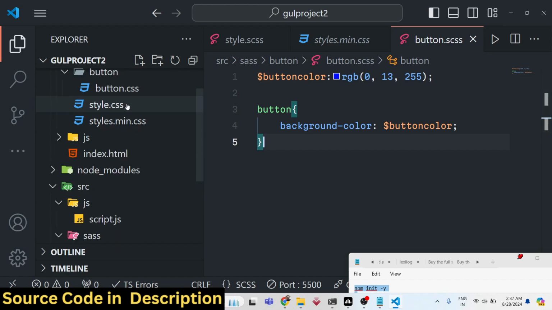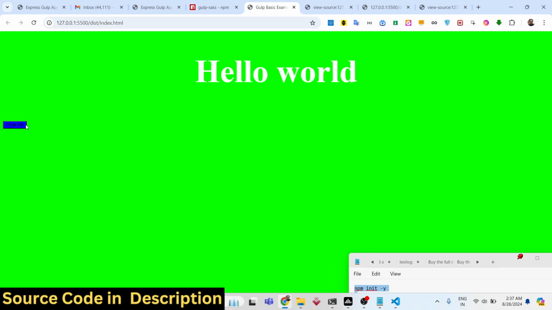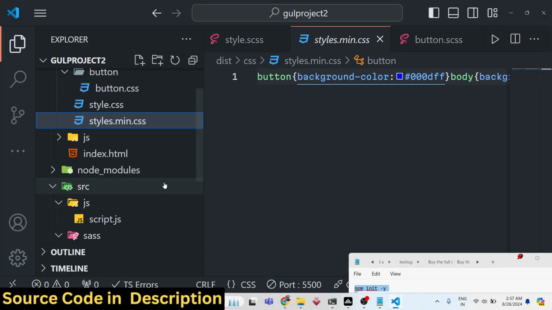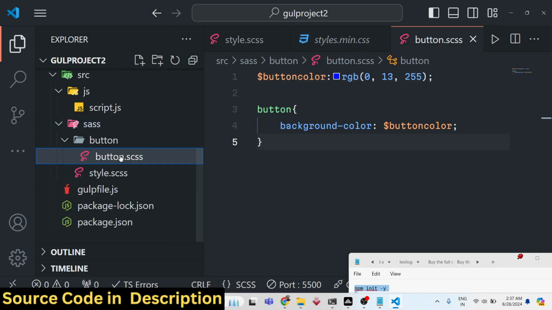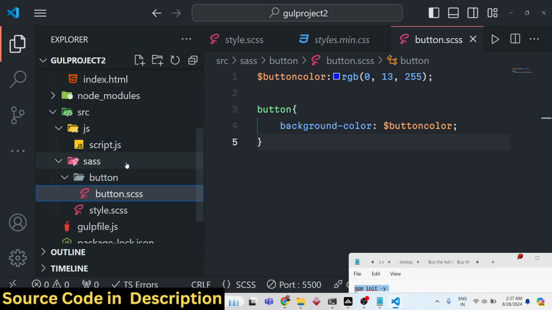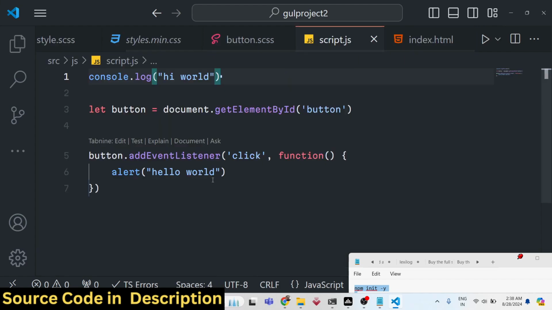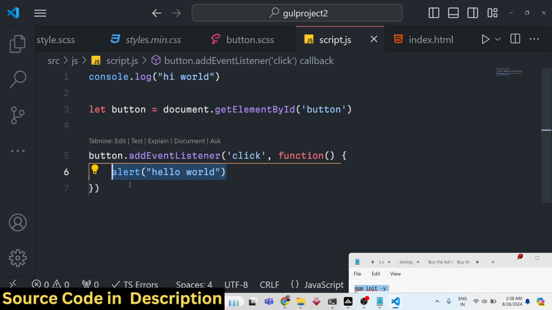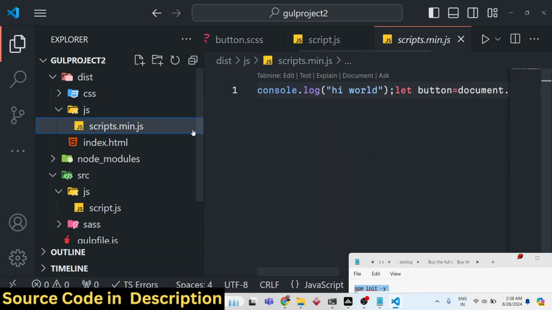So as I make this change, you will see in the styles.min.css, the button color is changed. So now you can see that we can have different components. Gulp will automatically do this for us. You can have multiple components in SASS as well, and similarly in the JavaScript as well. You can add some more JavaScript, and then it will compile it in a single JavaScript file,